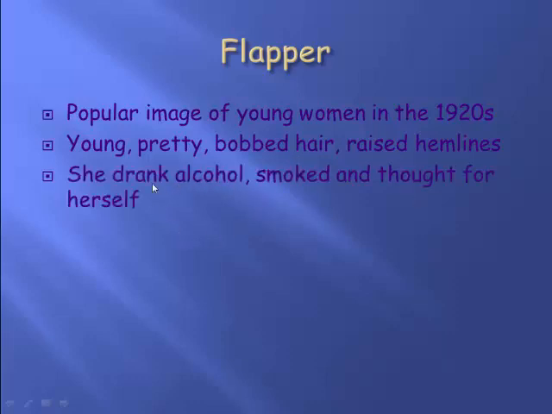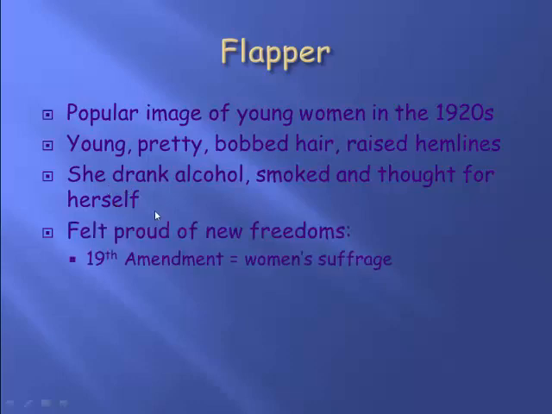Women traditionally began to do things that they didn't do before. They were drinking alcohol illegally at these fake bars called speakeasies. They were smoking, and they went out to nightclubs, and they began to think for themselves, because in 1920, women certainly had the right to vote. So what really showcased those new freedoms? The 19th Amendment in 1920 gave women the right to vote. And this vocabulary word, you better know it: women's suffrage. They're not suffering. They're not hurt by anything. It's called suffrage, and they were able to vote in national elections, right?